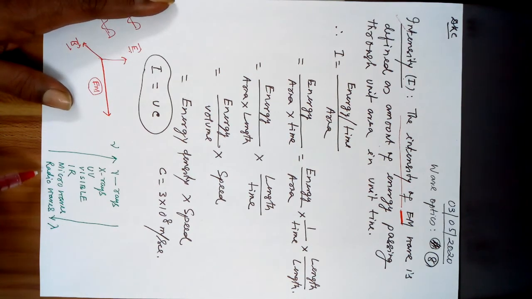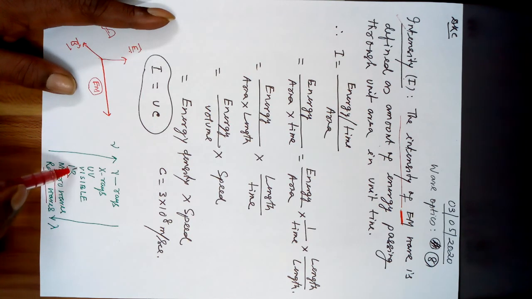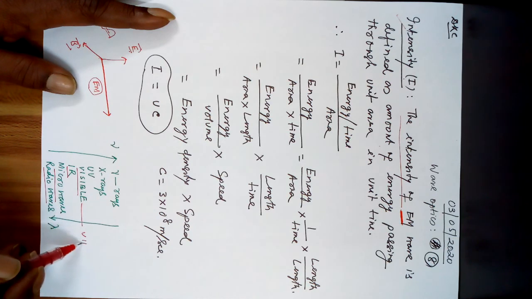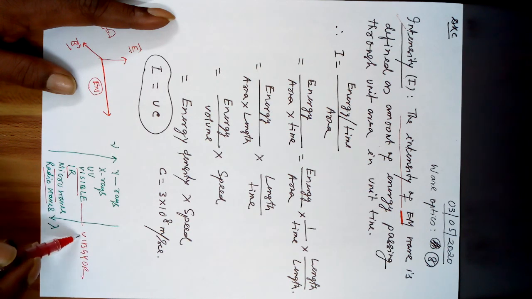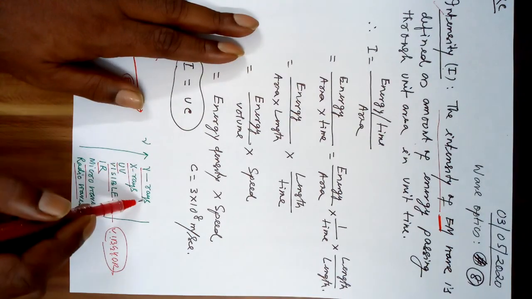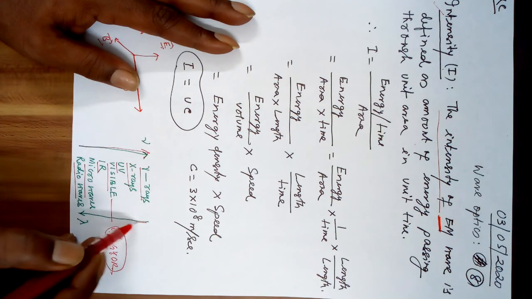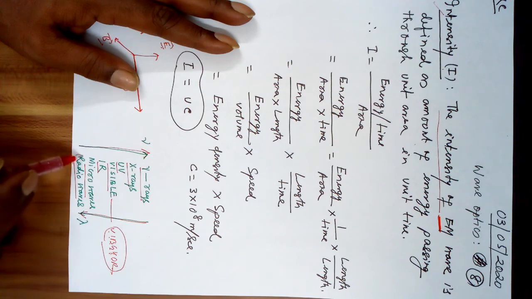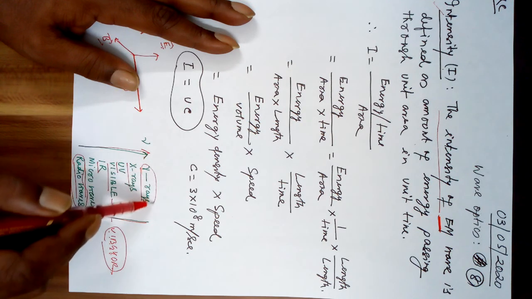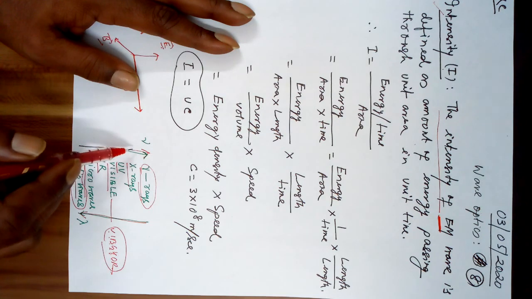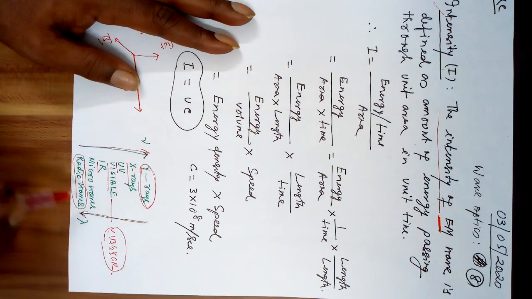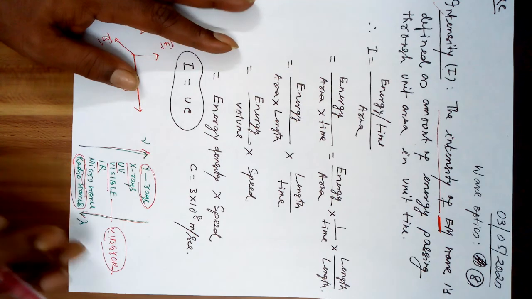The electromagnetic waves are radio waves, microwaves, infrared, visible light, that is VIBGYOR: violet, indigo, blue, green, yellow, orange, red. The eye is sensitive to these colors. Then ultraviolet, X-rays and gamma rays. These are all electromagnetic waves. The frequency increases to this side and the wavelength lambda increases to this side. This means lambda of radio waves is maximum, lambda of gamma rays is minimum. Looking at this side, frequency of gamma rays is maximum, frequency of radio waves is minimum, right?